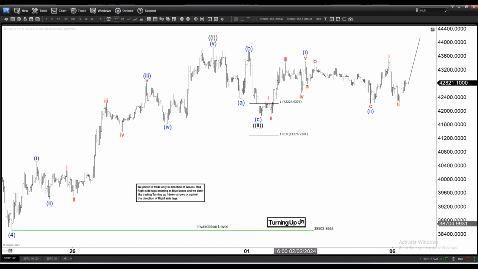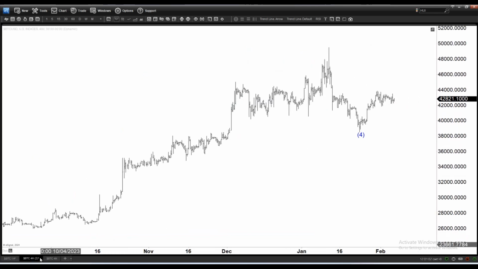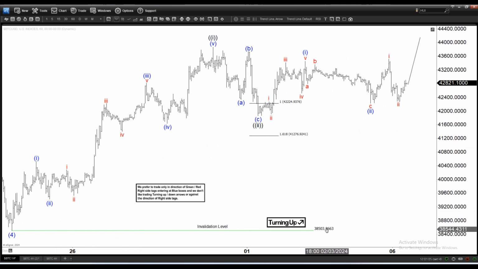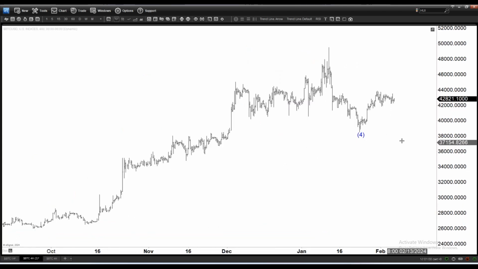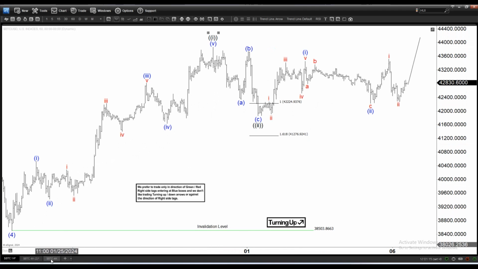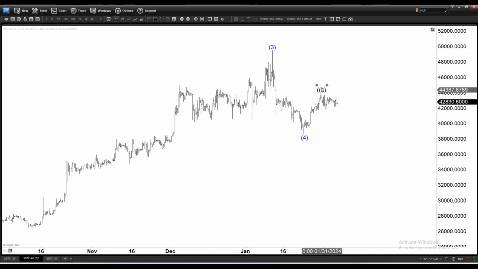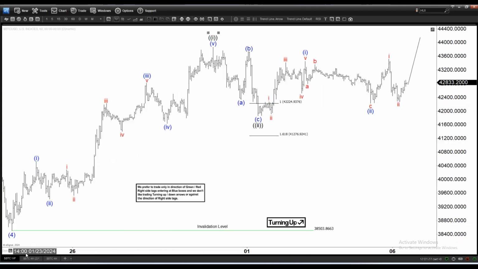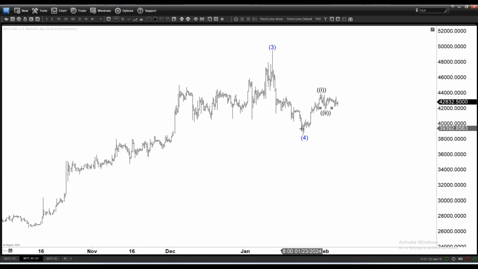Now, in order to understand this idea, we can zoom out into the 4-hour, and I put down the wave 4 here, which is the same as we can see in the 1 hour before. So if this is the position of the wave 4, then the wave 3 should be here, right? So what we're saying here is that we are now already ending 1 and 2. Let me copy the 1 and 2 to the 4-hour time frame, and you can see the arrow is turning up. The reason is that we have not yet broken above that previous peak, which is the wave 3.